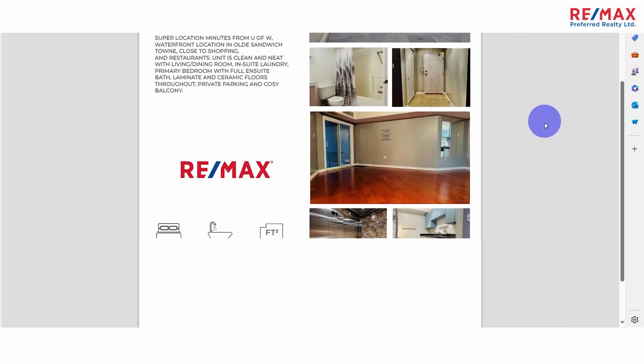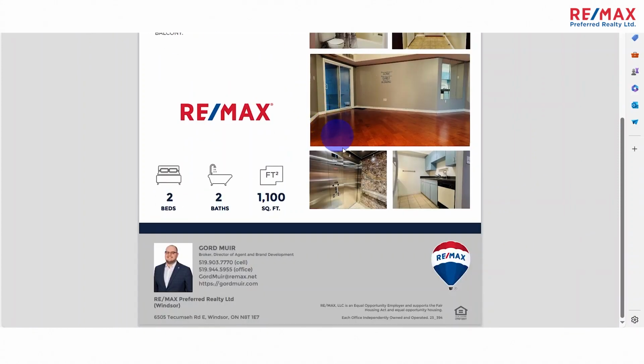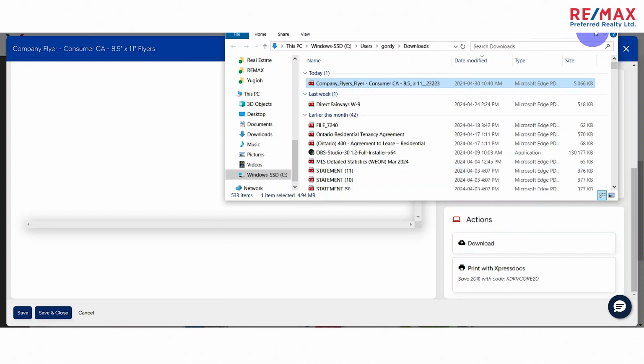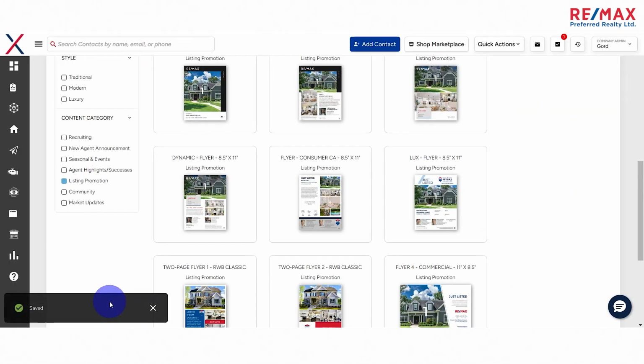Okay, so just regular, there's your PDF, open house with the photos you picked, your name, etc. Bob's your uncle, print it, go, okay? And then when you're done here too, what I would do is click save and close, because if you ever want to reference back to this thing,